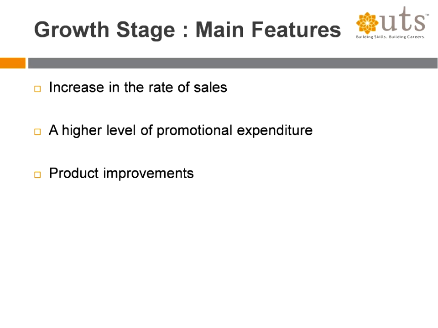Now the main features of the growth stage are to increase the rate of sales, a high level of promotional expenditure and product improvement. Increasing the rate of sales is obvious because we also increase channels. In the introduction stage we choose our channels very wisely. We are very choosy about the channels, but in the growth stage we have to be extensive with our distribution channels. Second thing is that